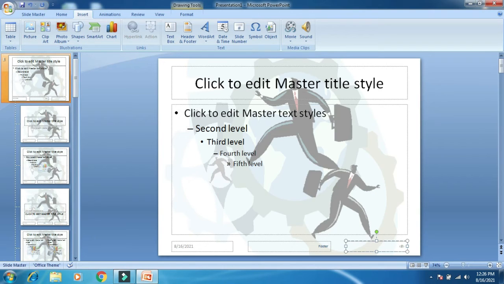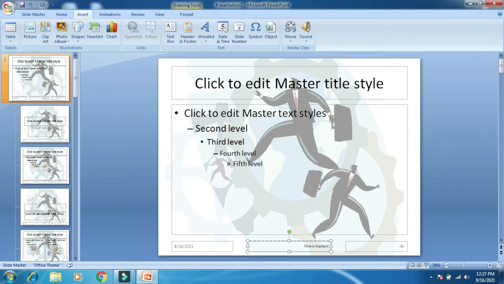And then if you want to put the footer of the slide, or the page number, which is called the slide number, you can click on it. You will see the slide number by default when you come to the normal slide, that is, normal view.